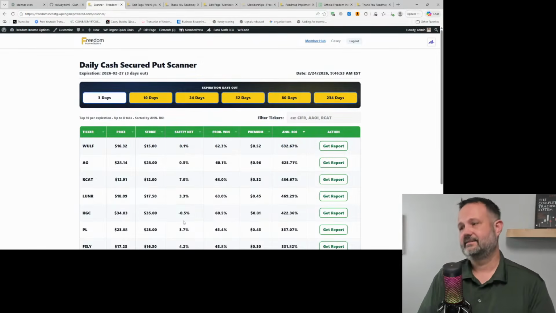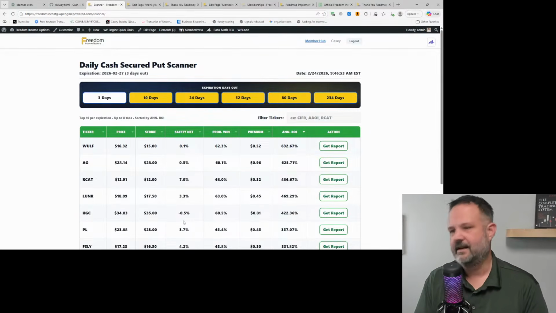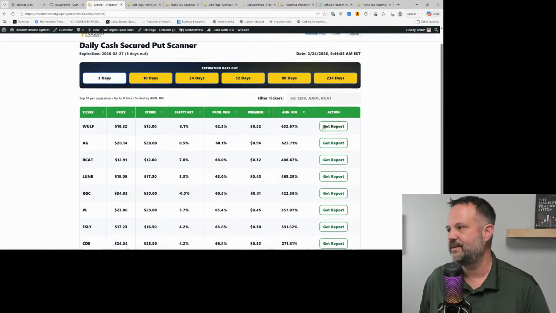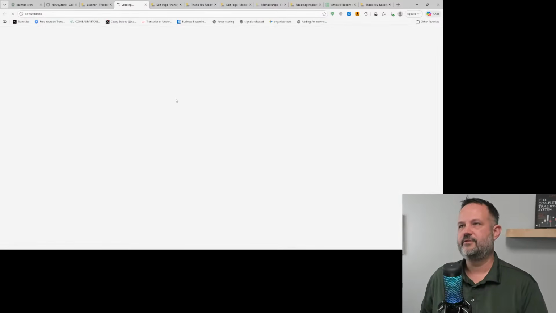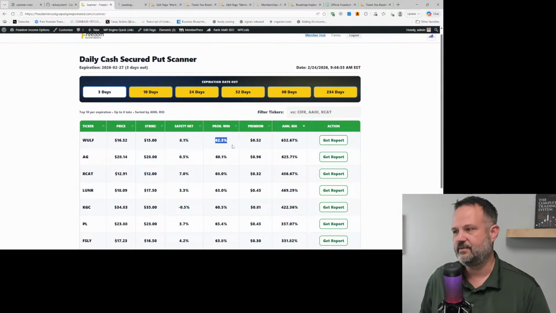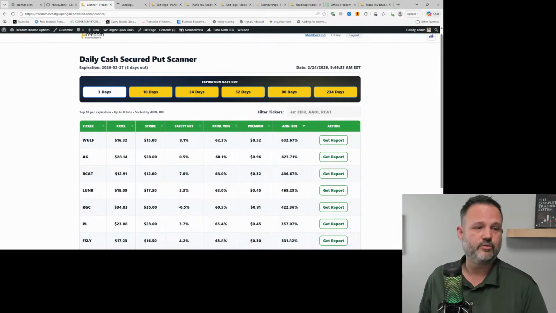Okay. So this new scanner is going to be out really soon. It's just really clean. It's really nice. Not a lot of difference, but you can go ahead and click and get the report. Like we'll go ahead and get it on Wolf, right? And it'll update. It takes a minute, but I'm running scans and I'm building all this, and it's going to be a lot more effective. But I really am excited about releasing this new tool.